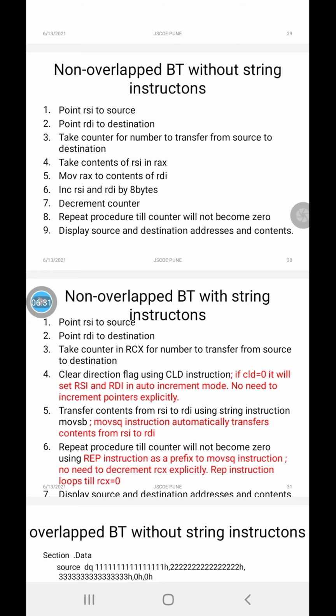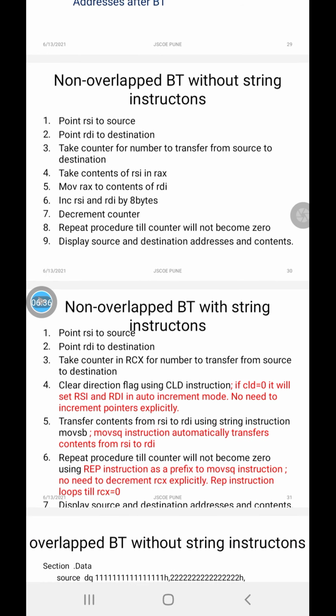So for words, I have to increment the pointers by 2. If it is an array of double words, I have to increment the pointer by 4. And if it is a quad word, I have to increment the pointer by 8.